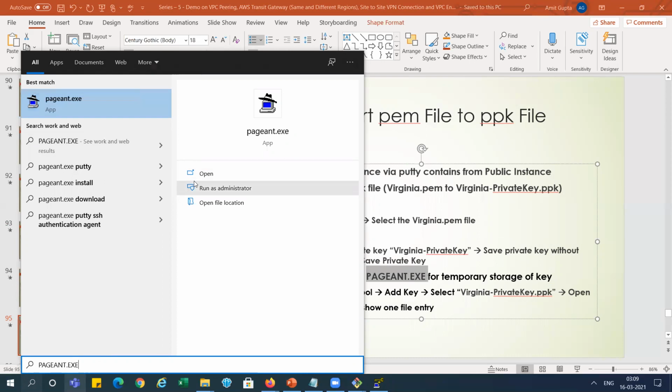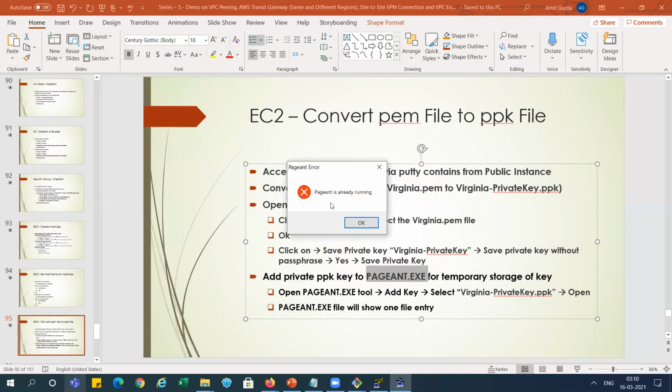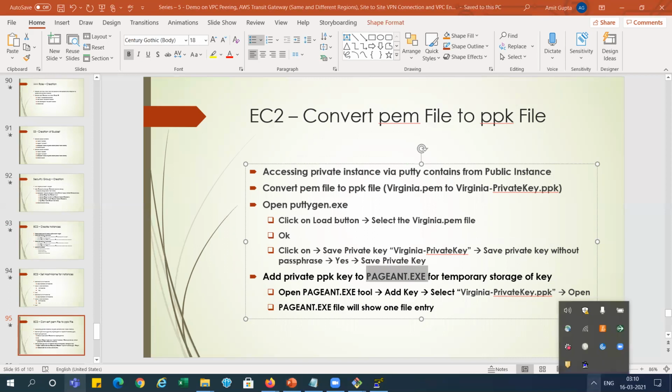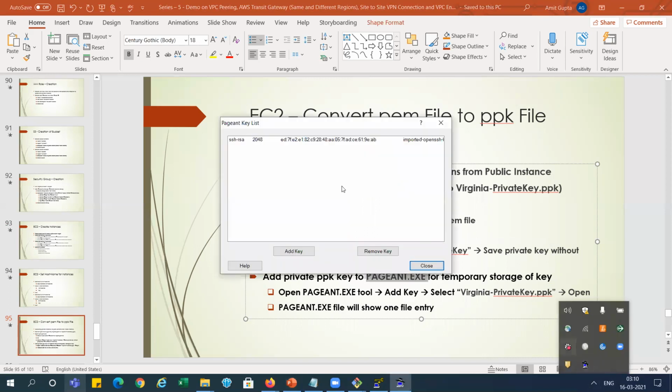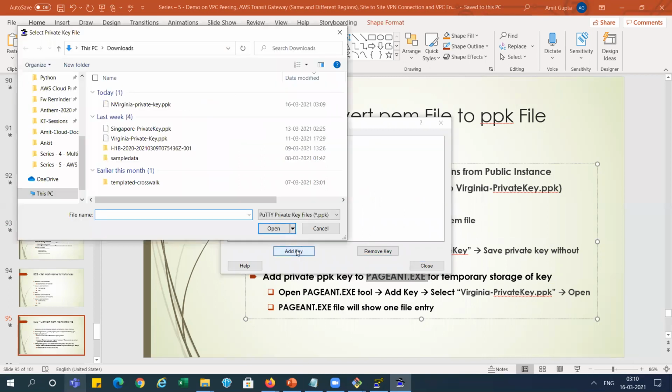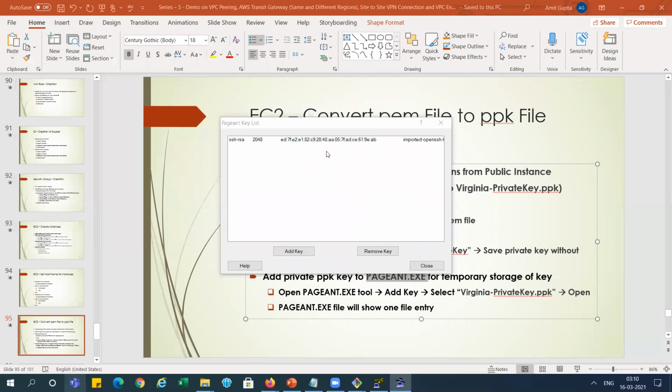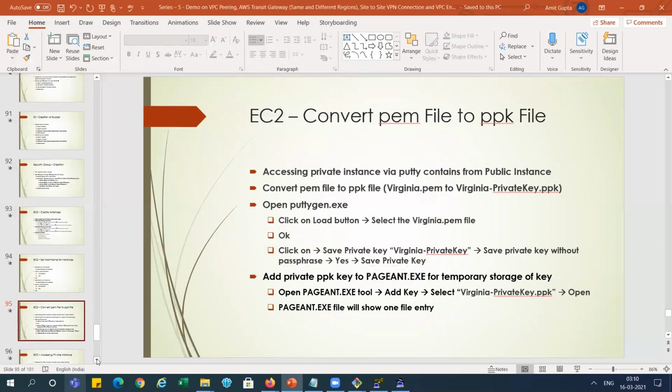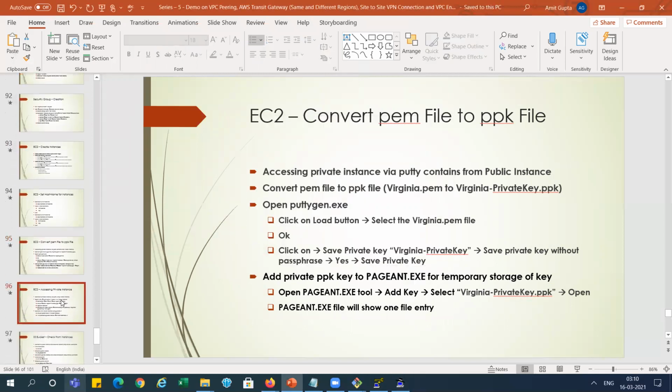This is the app. We need to open this here. Already running. Okay, that is running on my system. You can see here, and you need to clear the already running one. Remove this file. I'm just adding the file. When we go, it will ask for the PPK file. So with this file we have created right now, you can see the timing, right? 16:33 am. So you just created this file, and I'm selecting this PPK file. You can see it is showing here. Now it will temporarily set those keys over there. So we will use this key for connecting to the private instance, right? So this window is open. Now I'm going to the next.